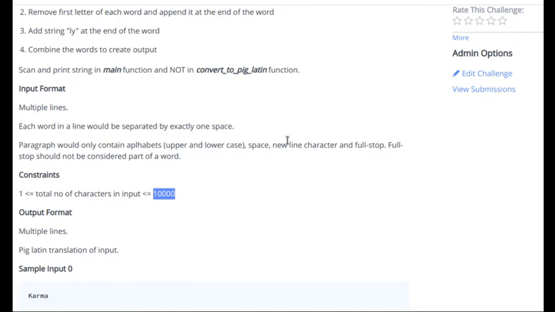So what is the maximum number of words in the input? The maximum number of words in the input is 5001. For example, if I create a string of 10,000 characters, and each word in that string is just one character, for example, an A, a space, an A, a space, and so on.